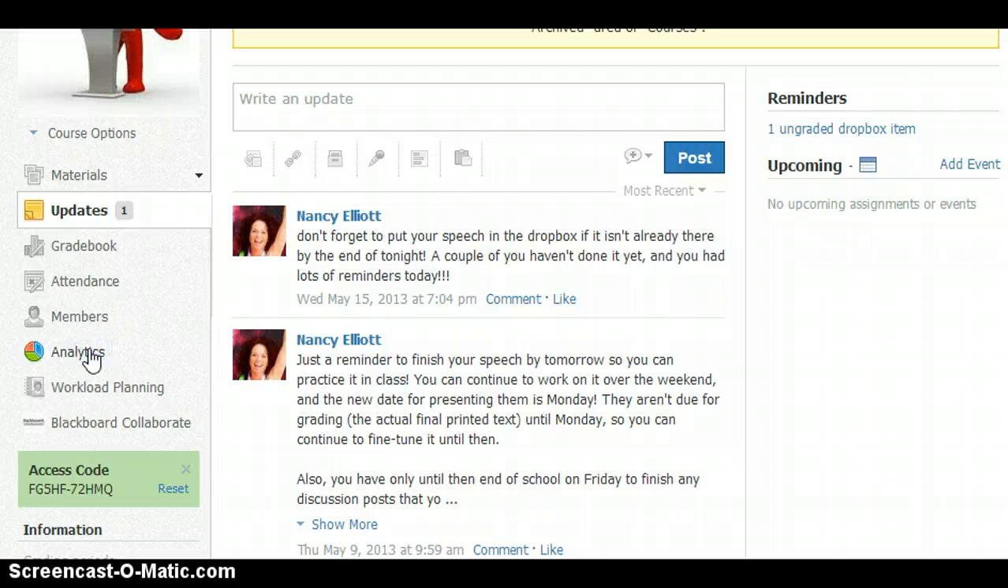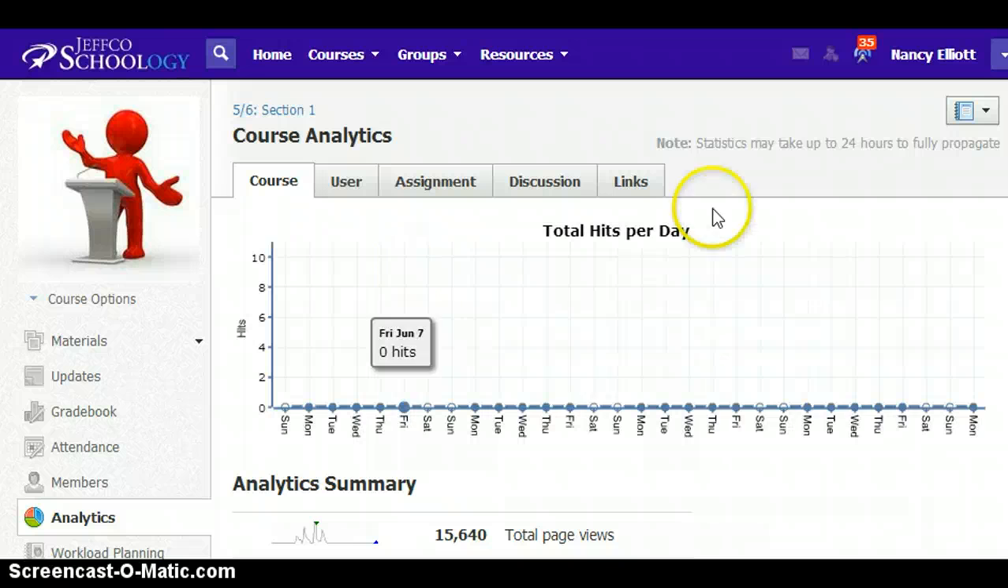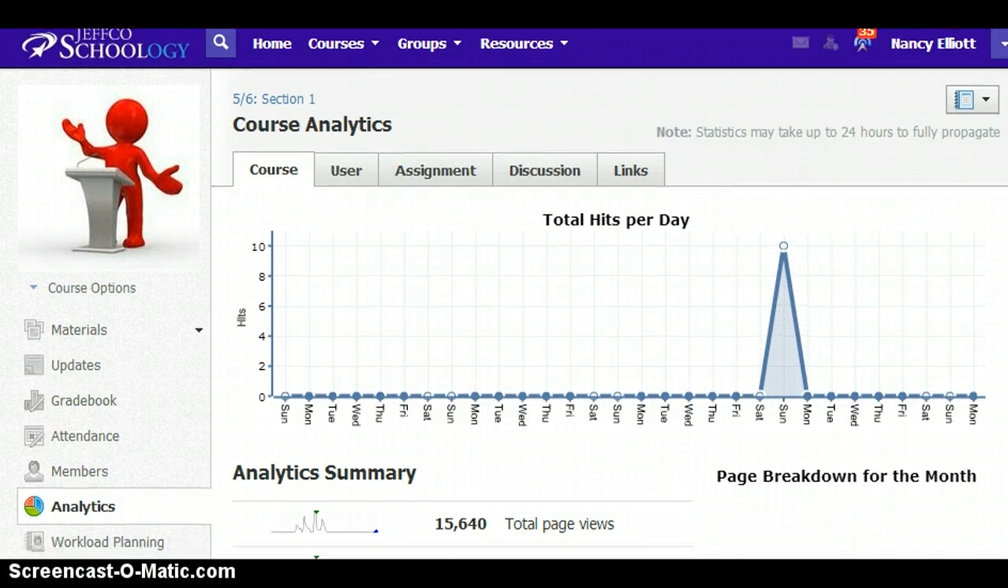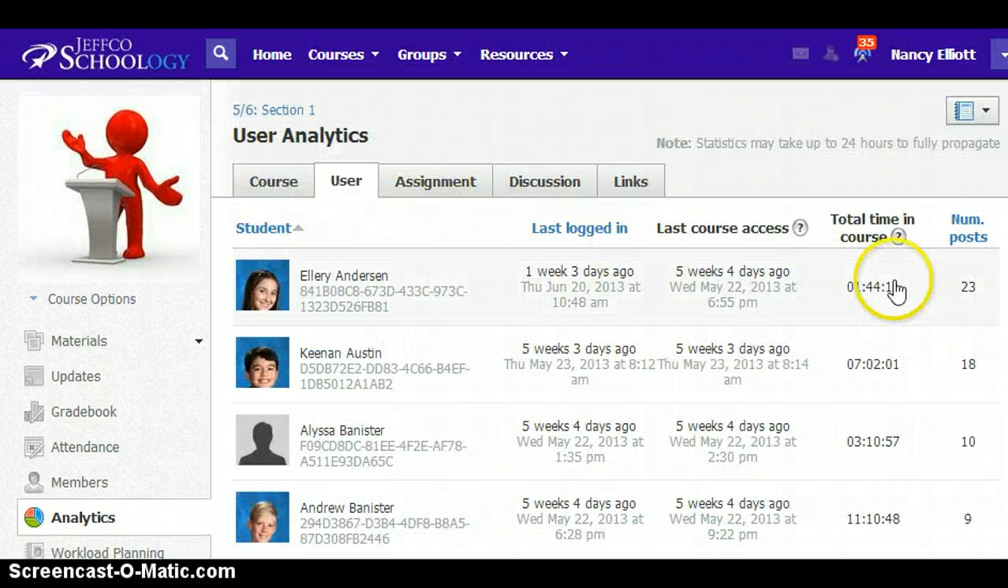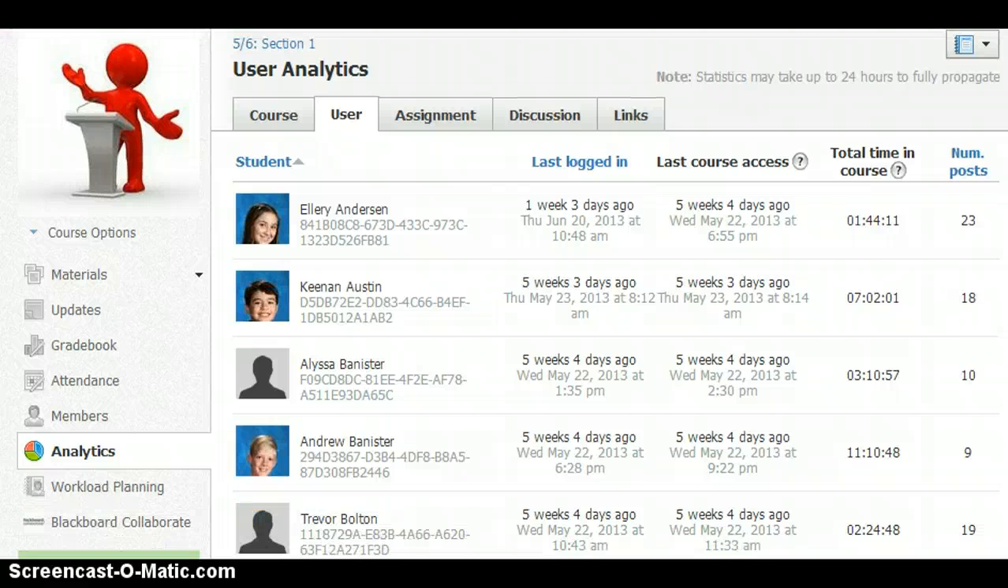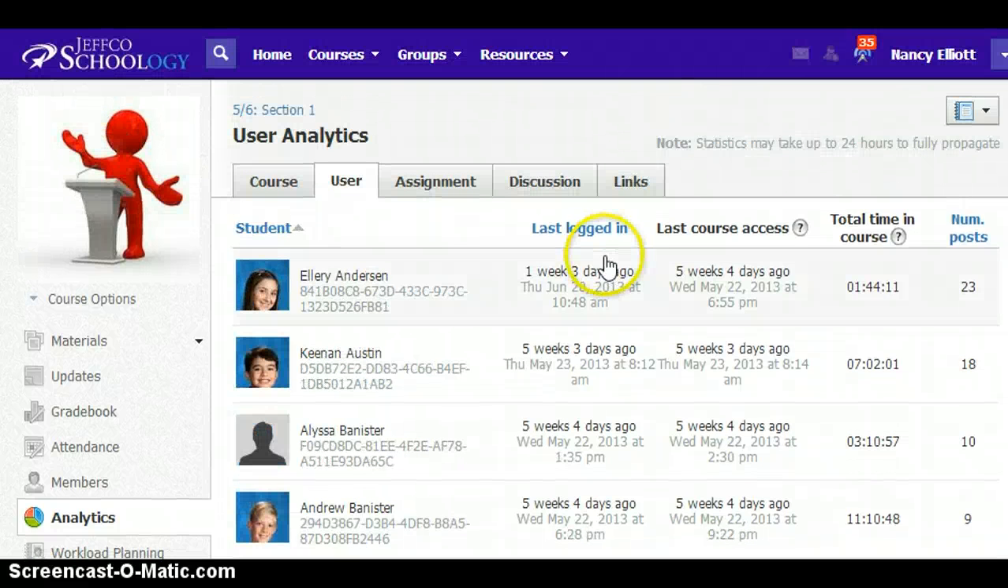Something that's really interesting that you might want to be aware of is there's a section called Analytics, which I will show the students, that lets me know how much time they've been in the class. So for example, I know if they've only spent 5 minutes on Tuesday night when a paper was due, and they really should have spent 20 minutes or 50 minutes or however much time they should have been in there. It also lets me know